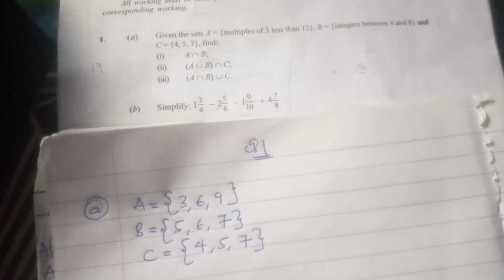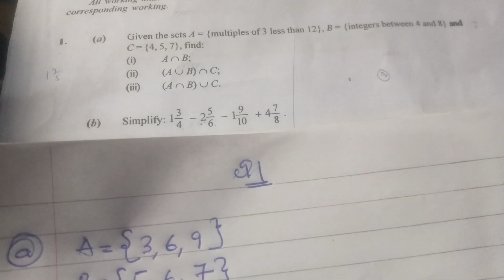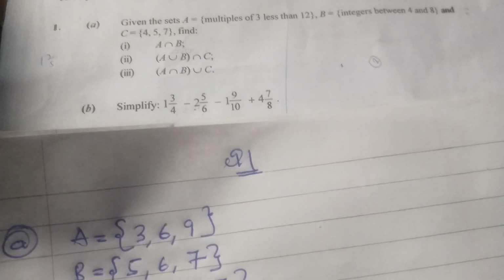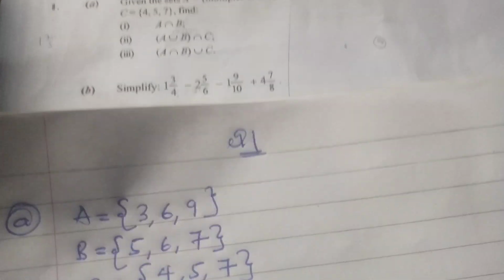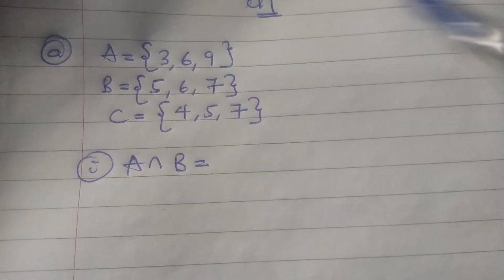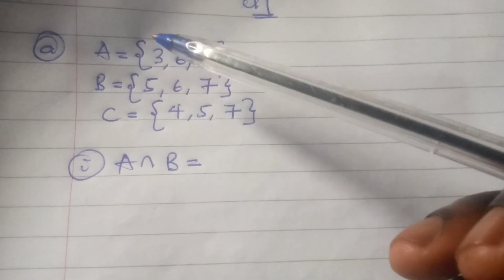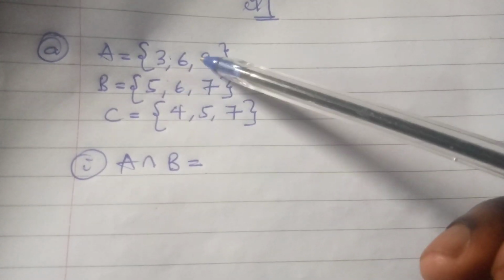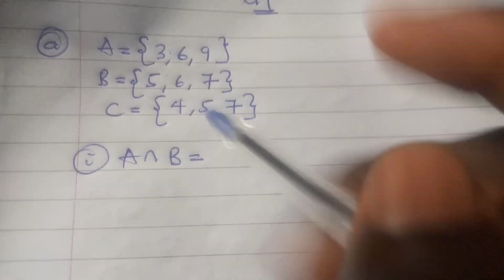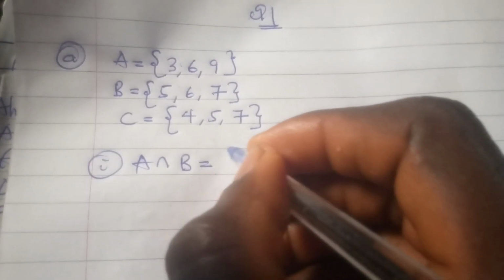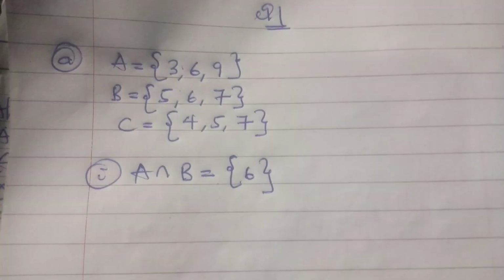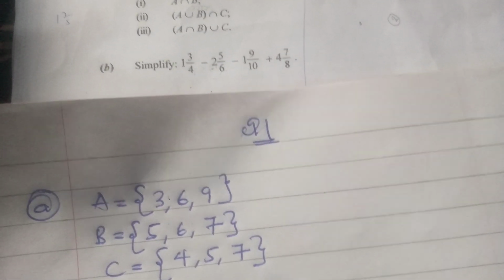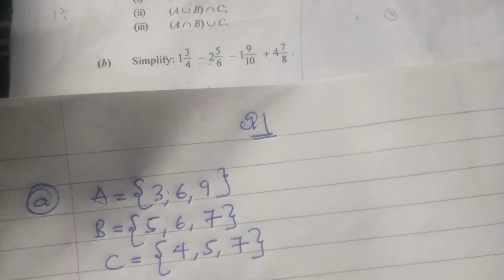So now that we've been able to list the sets, we can now find what has been given. So we have to find A intersection B. With the A intersection B, it is what is common in A and B, and the common one there is 6. So the A intersection B is the set 6. Then we go to the next one, which is III. III is bracket of A union B